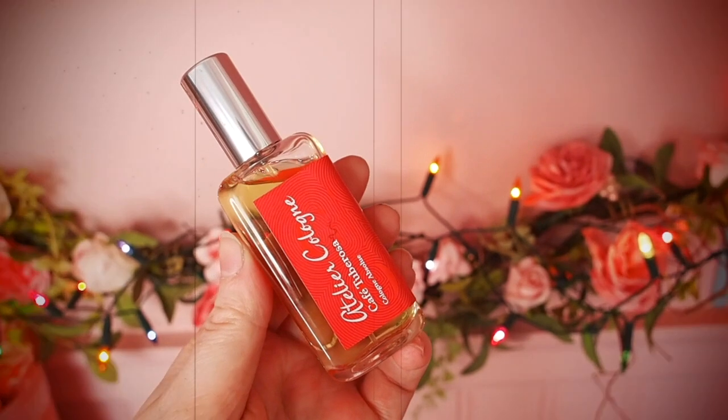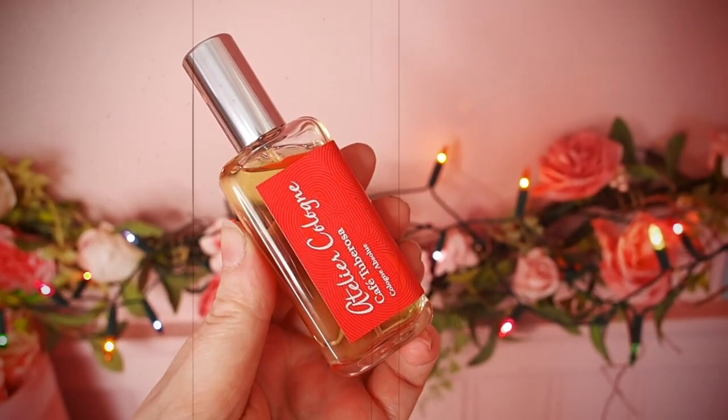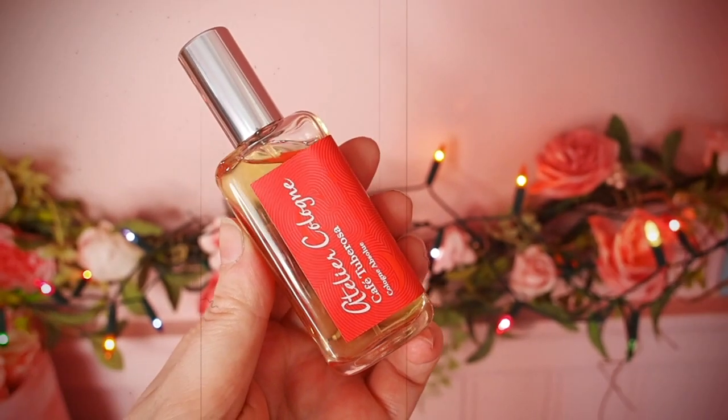Today we are talking about Atelier Cologne's Cafe Tuberosa. Atelier Cologne are a brand that I love. They are French, they make amazing colognes. If you're a fan of brands like Jo Malone, Clean Reserve, maybe Shay and Blue, like brands that make